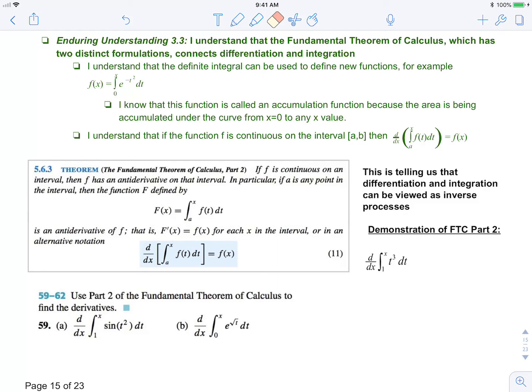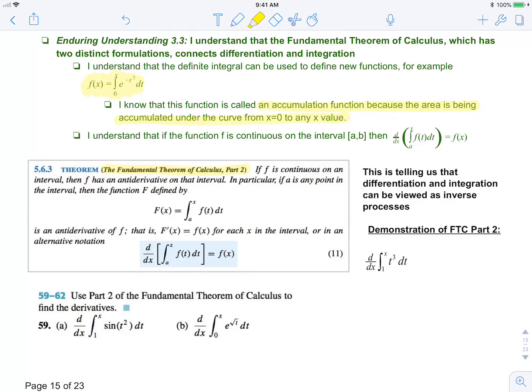Now we're moving into the concept of the fundamental theorem of calculus, which has two parts. We're actually going to start with part two, which deals with accumulation functions. So here is an example of an accumulation function here. And it's called an accumulation function because the area is being accumulated under the curve from 0 to any x